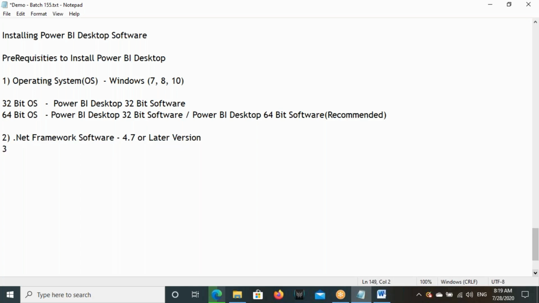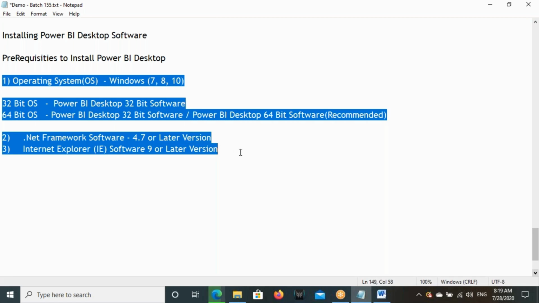The third prerequisite is Internet Explorer software. In short, we call it IE, Internet Explorer software 9 or later version. You need to have Internet Explorer software 9 or later version. So if you have these three softwares available in your laptop, you can install Power BI Desktop